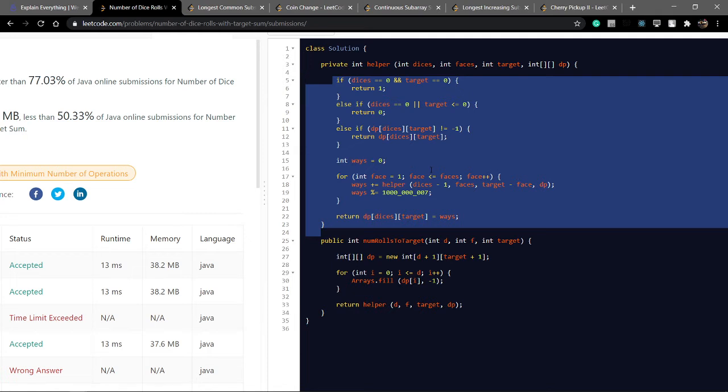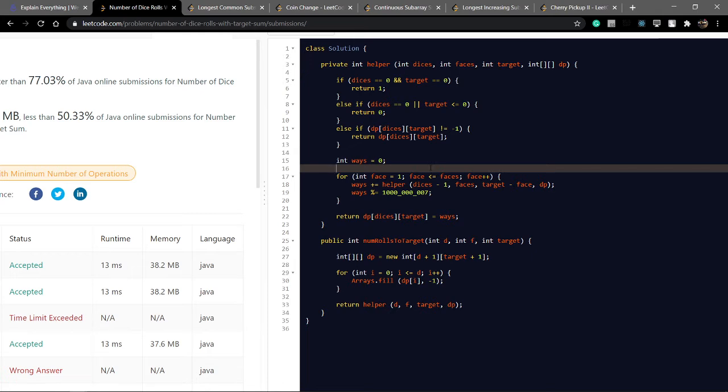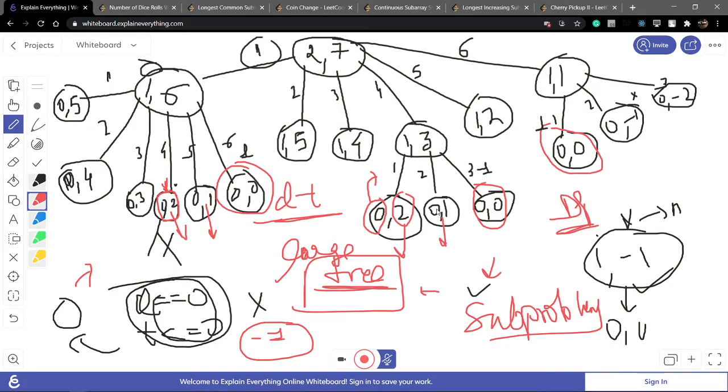Now time complexity and space complexity. By default, if I am not using DP, the number of faces is 6, and the maximum height is the number of dice, so 6 to the power d, number of dice. Number of faces is the children, and the maximum height goes to the number of dice. So the time complexity without DP is f to the power d. Now this is not for DP.